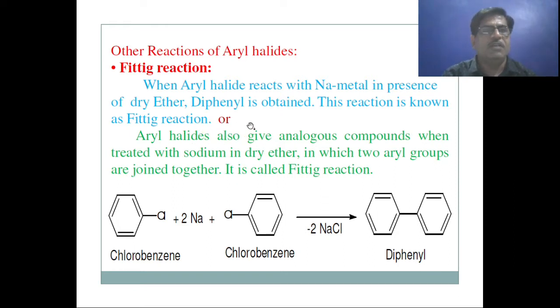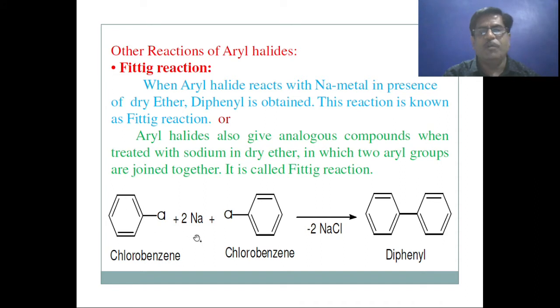In other words, aryl halides also give analogous compounds when treated with sodium in dry ether, in which two aryl groups are joined together. It is called the Fittig reaction. Here is an example of the Fittig reaction: